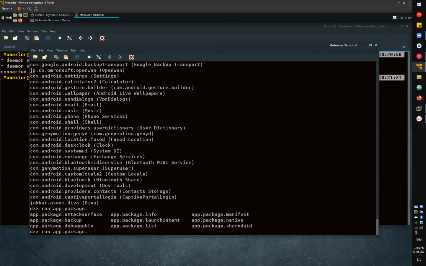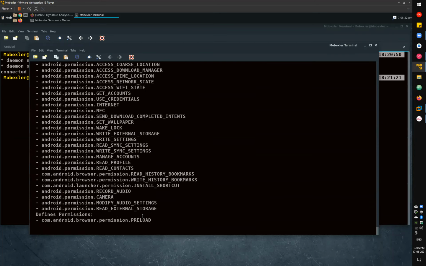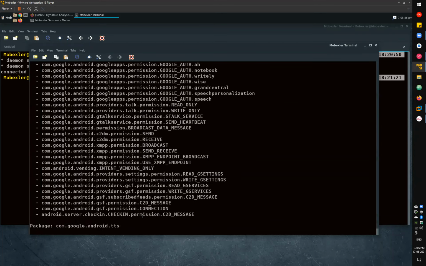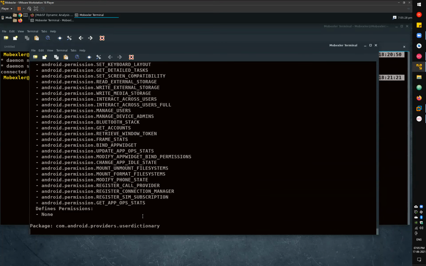So if you want, you can go with this. Let's say if I simply go with the information part, just go with info here. It will list basic information about all the packages, because we have not filtered out any application. But if you want to work with a specific application here,